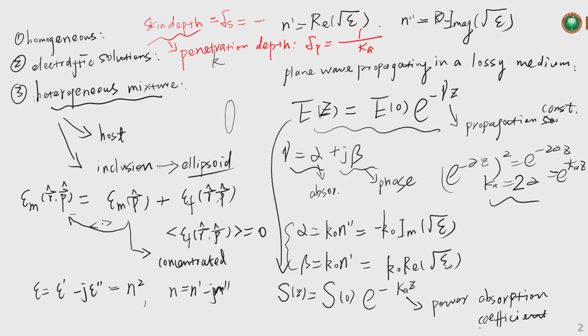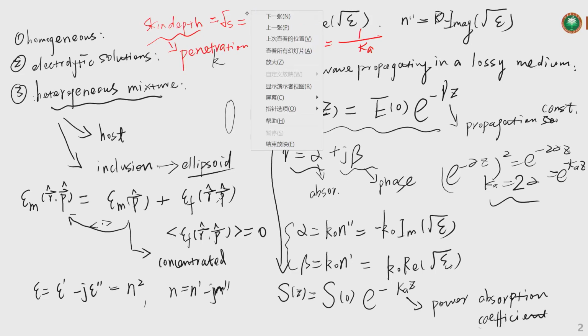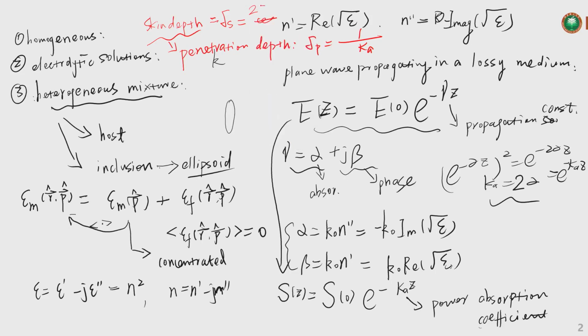It equals how much? Skin depth is related to the electric field, so it equals 2 times the penetration depth. So this is a short review about the propagation of the plane wave in lossy media,